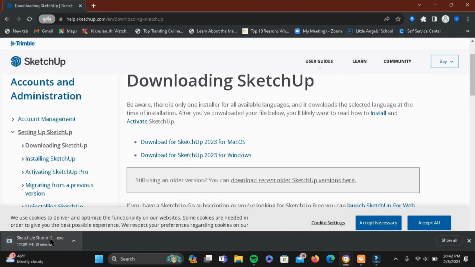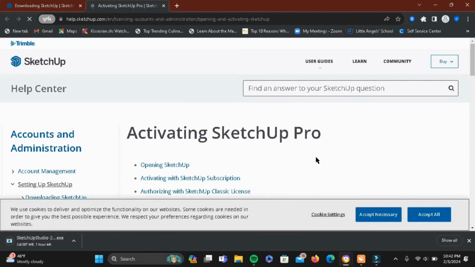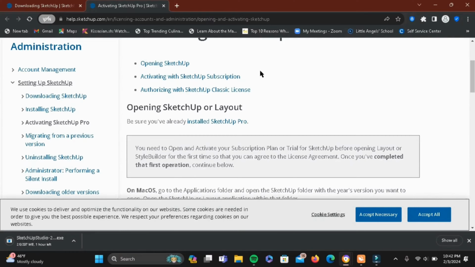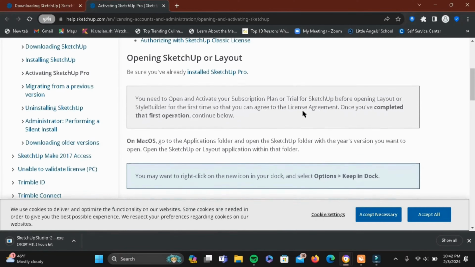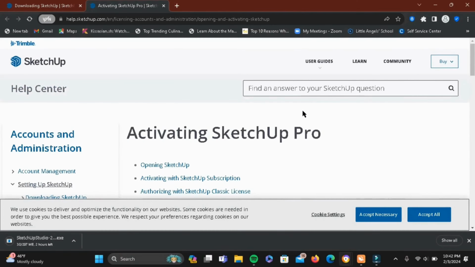like any other application. To know how to activate your Sketchup, at the top you will see this activate icon right here. Tap on it to open and you will find some of the articles related to activating Sketchup. So you can go ahead and read it thoroughly to know more about the activation so that your install can be successfully conducted. And that's pretty much it for this